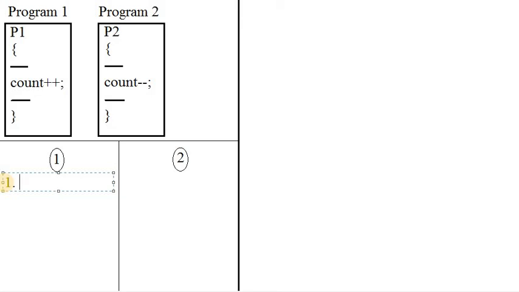In assembly level language instructions, we use mnemonics. Instruction number 1 is move count value to R naught.